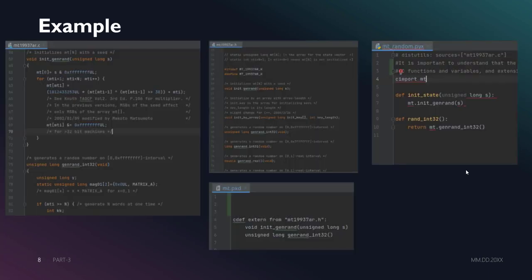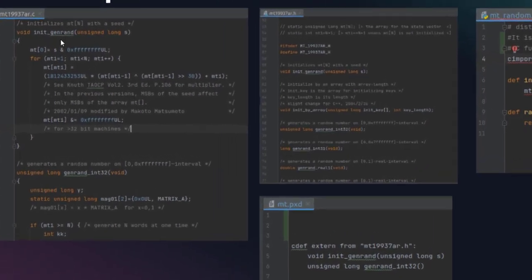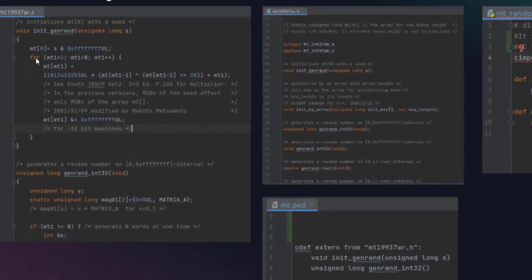We will understand it better with this source code. Here you can see at the left I have my C file. This C file has two functions, init_genrand and unsigned long genrand_int32.